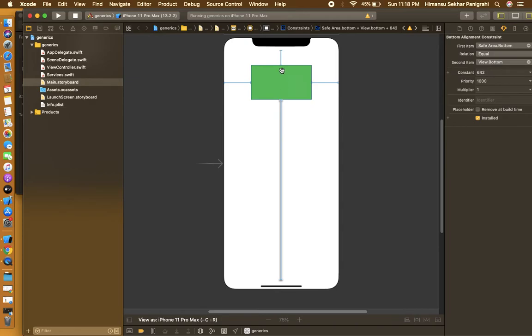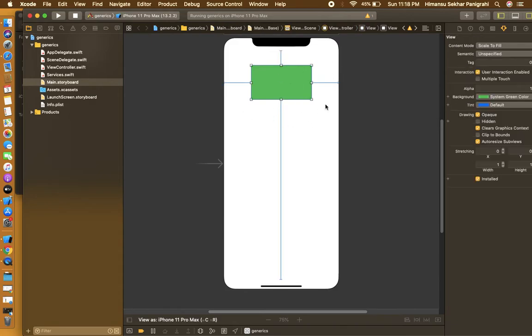So here the value is this, and when we rotate this, we will not be able to see this because we will get some negative value of the height. So this is the problem, and for that the solution is, see, whenever we are rotating this device, what we can do is, for example, we can ask auto layout